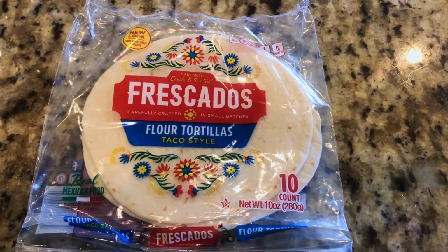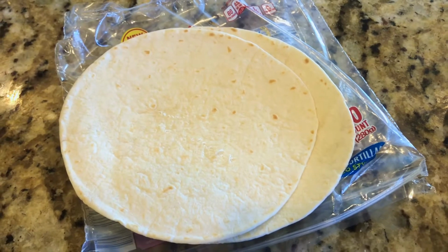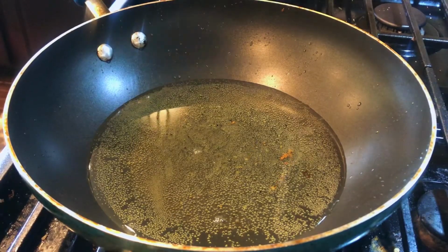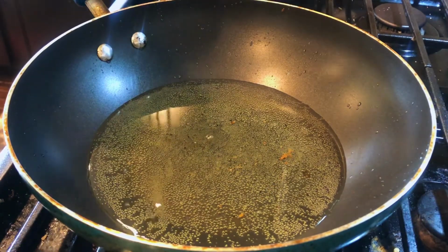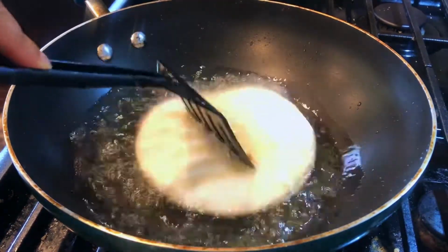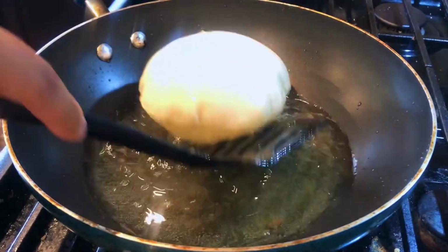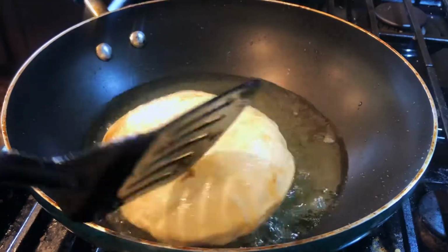To make the instant puri or the bhatura in just 2 minutes, I'm using the market bought flour tortilla breads, and that's all you need. In a pan, I have added enough white oil to deep fry the tortilla breads. Now, once the oil is hot, I will turn the flame to medium and add the tortilla breads into it. Just look at it, how it's getting puffed. So on each side, give it 1 minute, and once it turns light golden brown,